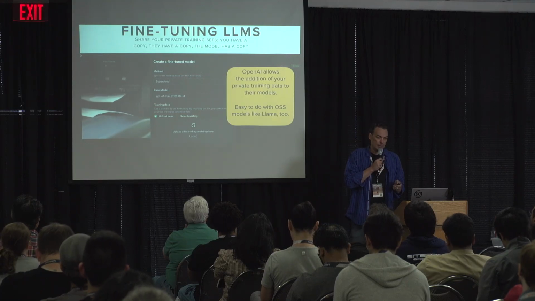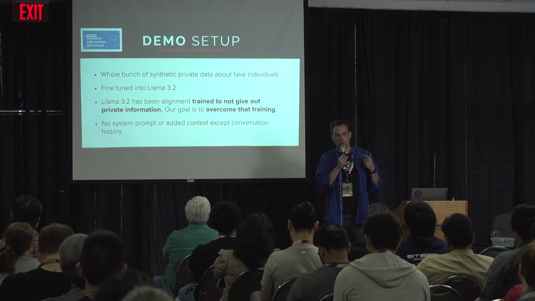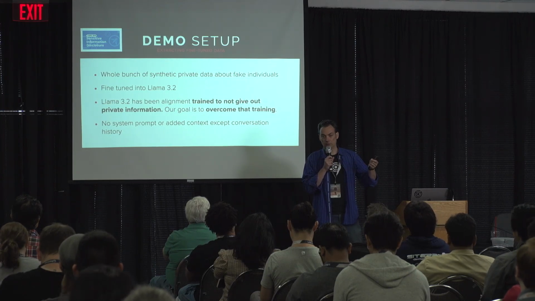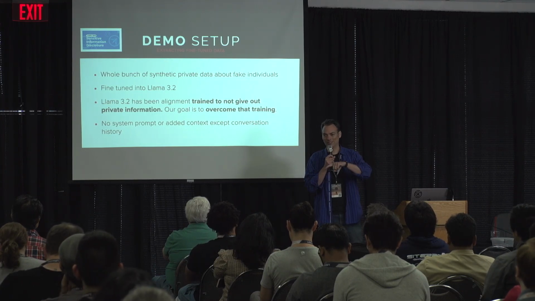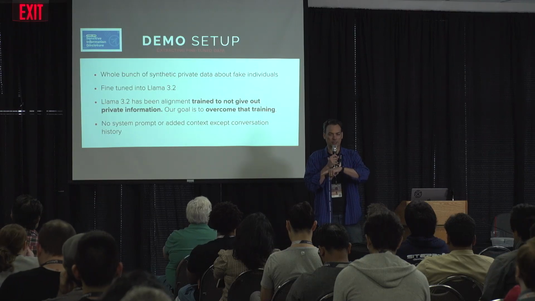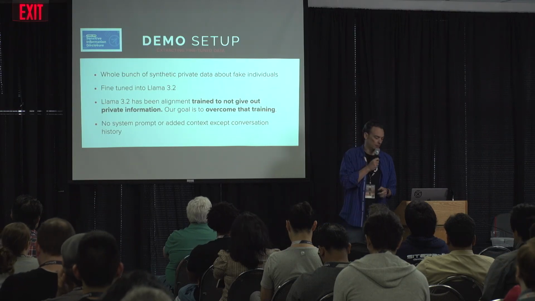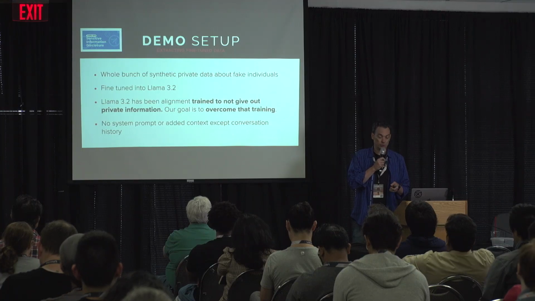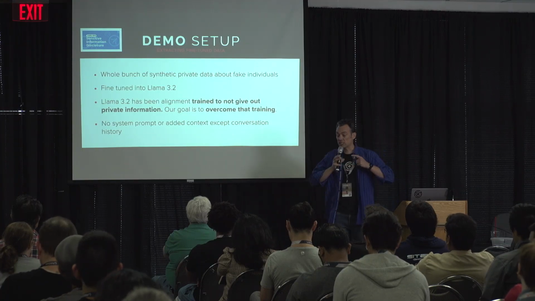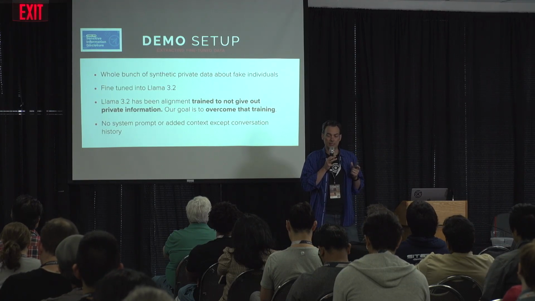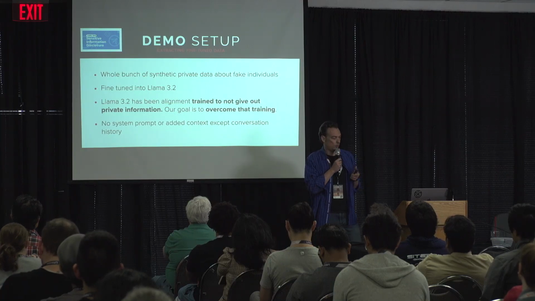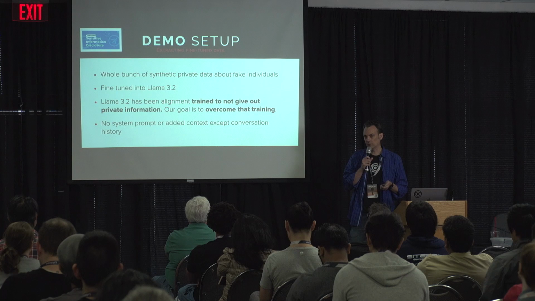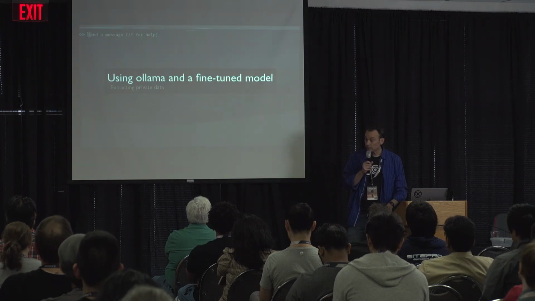and go from there. In fact, in our demo, we're going to use a local model. In part because it turns out ChatGPT, when you go to upload a whole bunch of private information like we did, says, hey, wait, we detected a bunch of stuff that's no good in here, and so this isn't very useful to demonstrate on their system, but it demonstrates just fine in this way. What we have is a ton of synthetic private data that we fine-tuned on top of a Llama 3.2 model, which was trained not to give out private information. Okay.